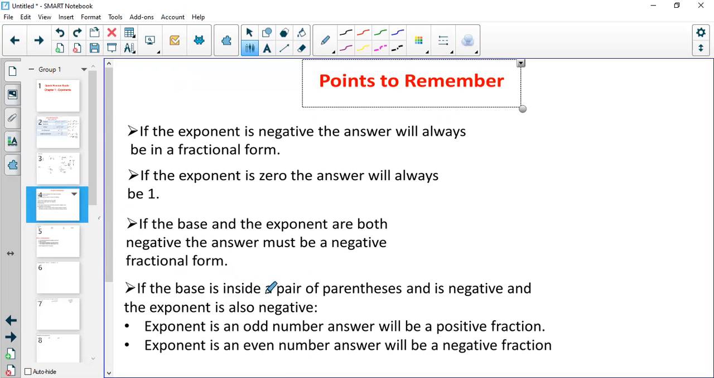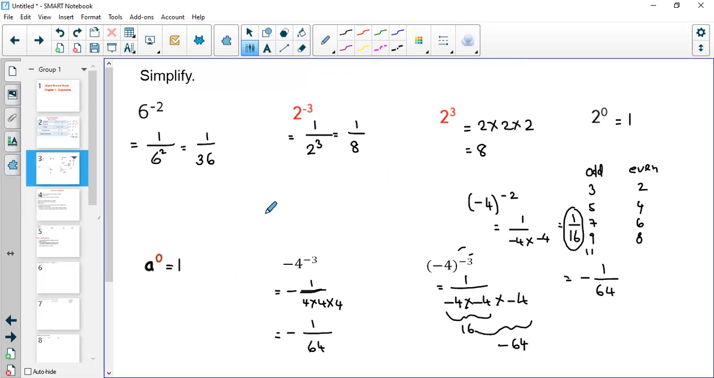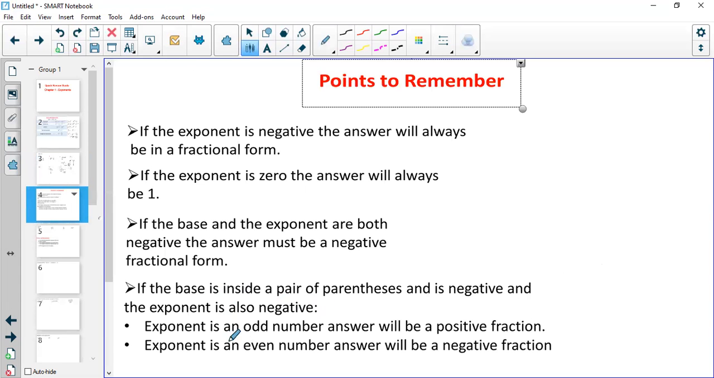If the base is inside a pair of parentheses and is negative and the exponent is also negative, then there are two cases to consider. So we are referring to this question here. If the base is inside the parentheses and is negative, as well as the exponent being negative, and the exponent is an odd number, the answer will be a positive fraction. And if the exponent is an even number,